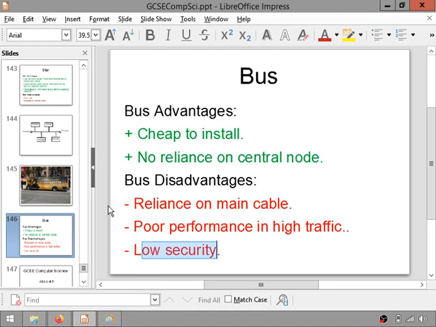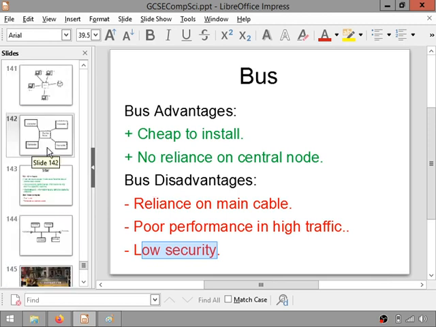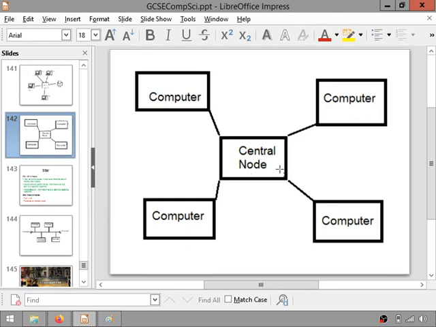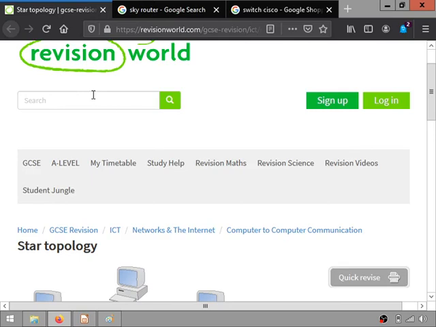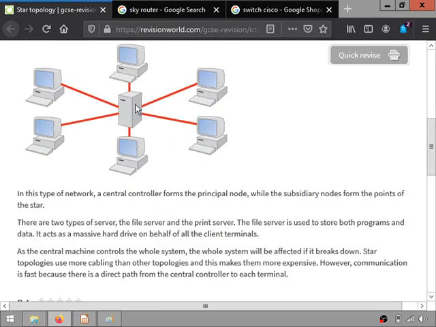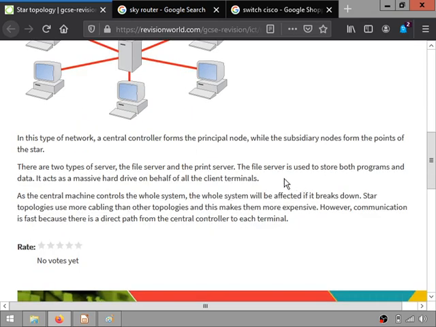Now before you go, I just want to dispel a few myths. This thing in the middle, that is called the central node or the switch or the hub, nothing else. This is definitely not a server. I just want to make that really clear, because there's a couple of revision guides, textbooks and websites out there that say that this is a server. For example, Revision World. Yeah, look, they've got a picture of a server here for the diagram, and they also say that